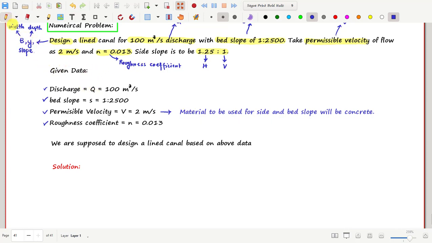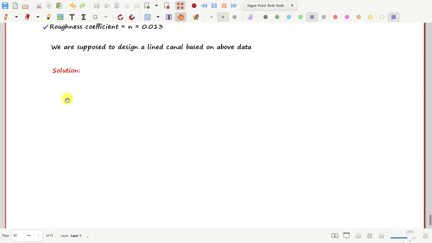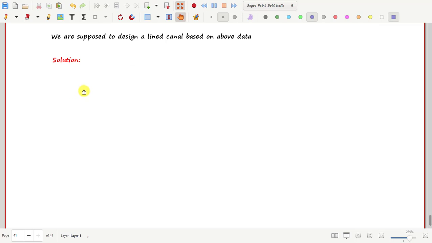So let's start to design the canal and move into the first step. The first step in our designing was to find velocity, right? But velocity is already given to us, so there is no need to find the velocity, and we will move to the second step. What was our second step? Second step was to find out the cross-sectional area. Okay, before that,